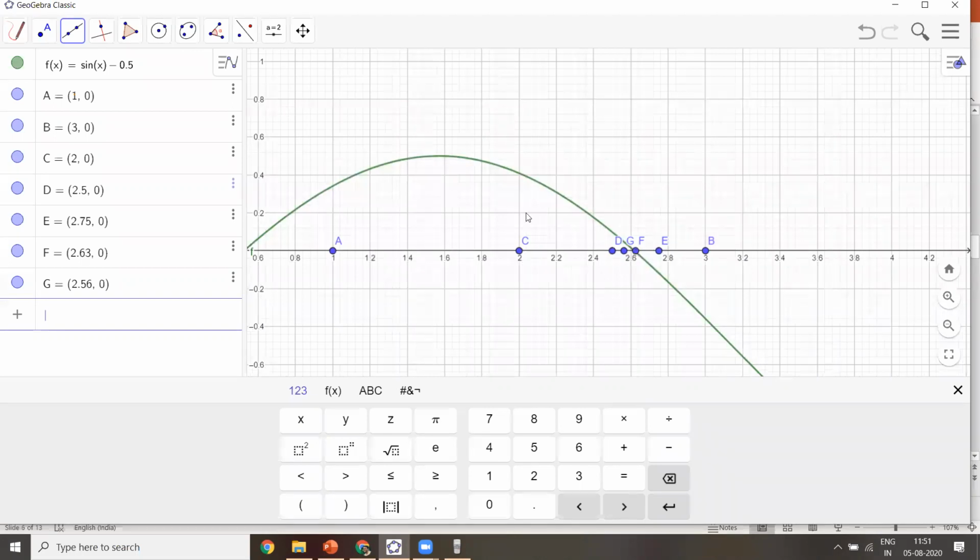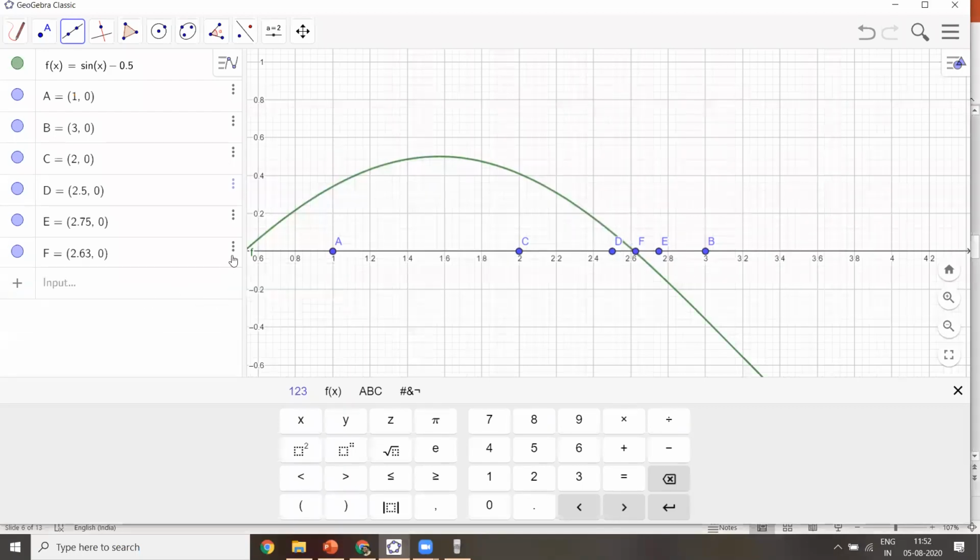Now the problem here is, not in all cases do we have a graph in front of us. Just try to imagine, you are given some function like sin x minus 0.5 and you close your eyes, you don't have any kind of graph, so you cannot judge where your guess should be. Then if you take a guess, how will you follow ahead? Okay, we don't know about it. Mathematically we need to come up with a certain procedure. Now this procedure goes like this.